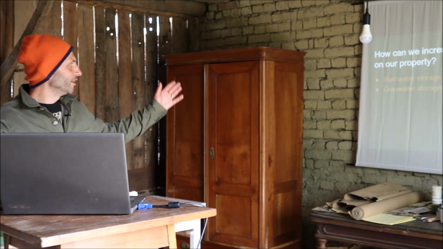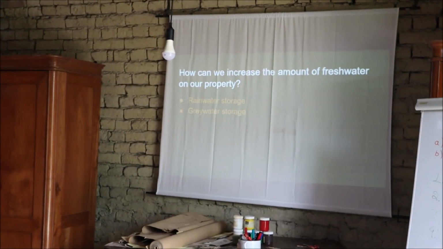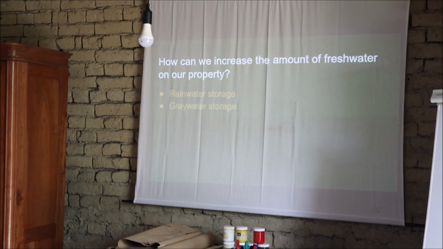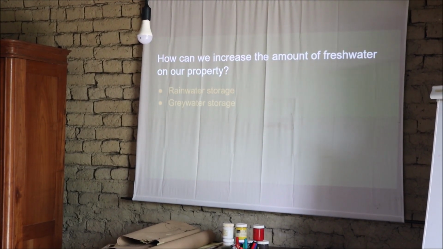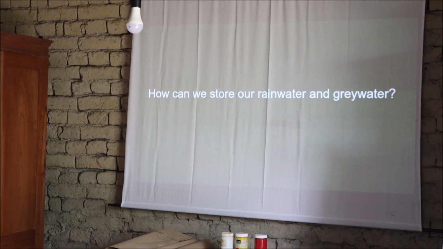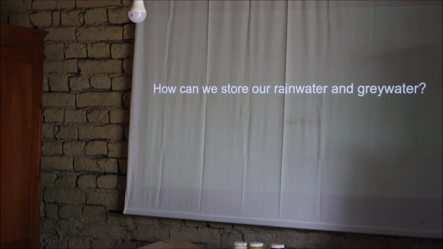And then mulch is another great thing. And of course we can use biochar as well to improve the porousness of the soil, because it will attract a lot of soil life. Yes, and the rainwater and gray water storage are two other things as well. And that's what we're going to concentrate on for our ponds. So, how can we store rainwater and gray water? Let's just hear some answers.